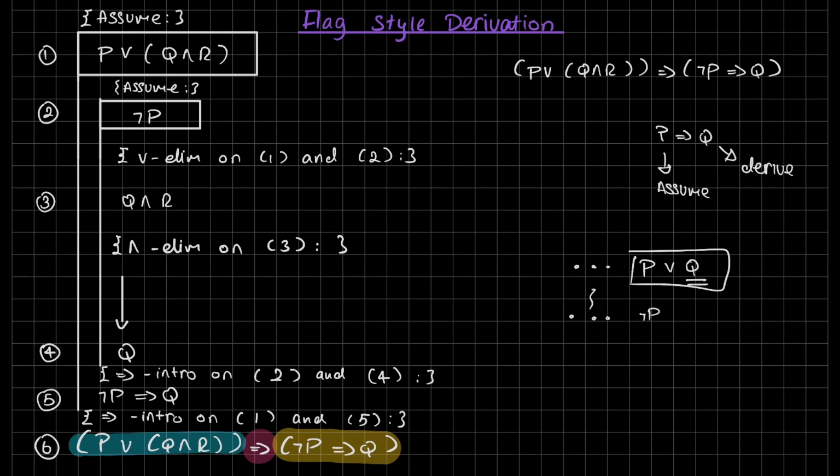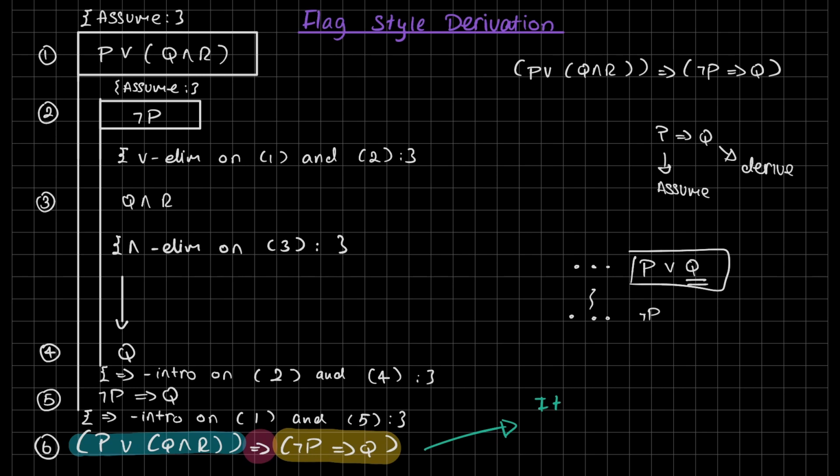And like I said, we're done because we simplified our goal as much as possible. We wanted to prove Q, and we derived Q. So that means that this proposition here is a tautology. And when we manage to apply all the base rules that we are provided with correctly, then we should find out whether the proposition we were trying to prove is a tautology or not. So here in this case, we see that we managed to finish the proof without any problems. So that means that the proposition that we started with